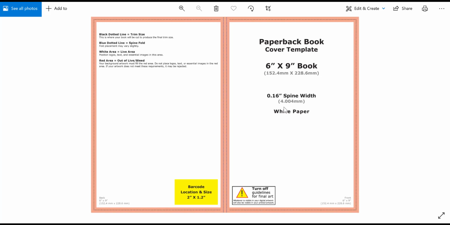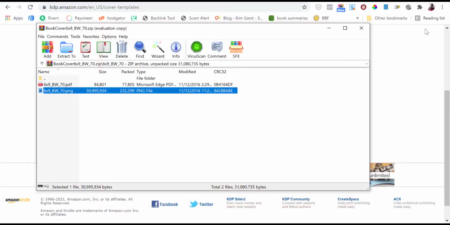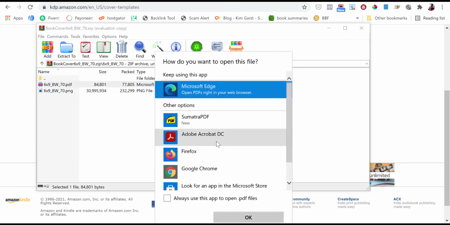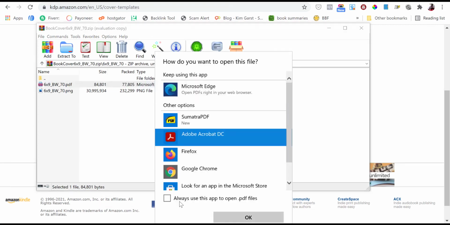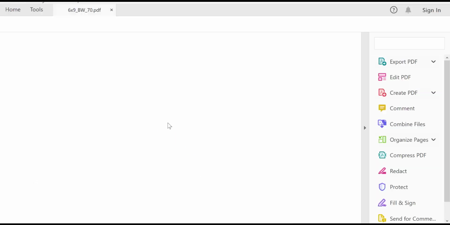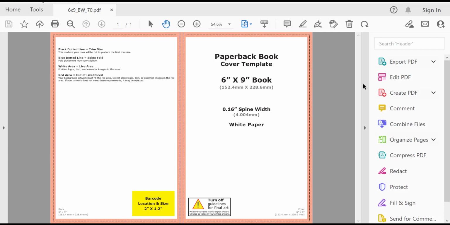Now look at this, they're using millimeters, this is mm. We're not going to be able to use that, we need to know the size we need for our paperback. It's not written here, so we're going to do something else. This PDF, we'll open it. So you open the PDF. Okay, now that it is opened,